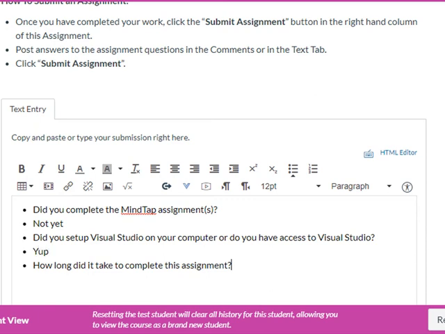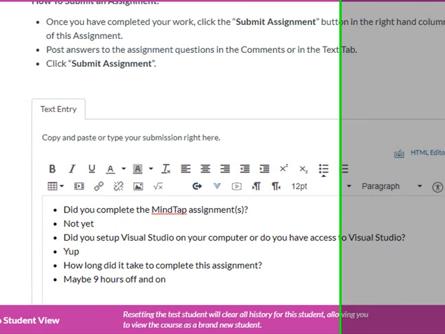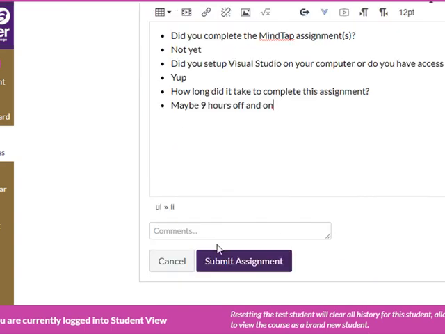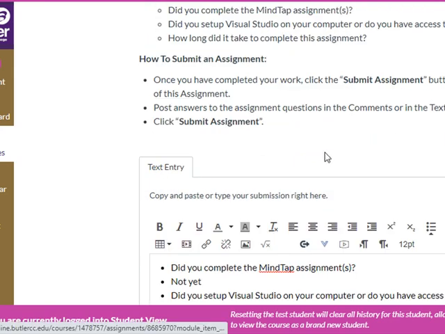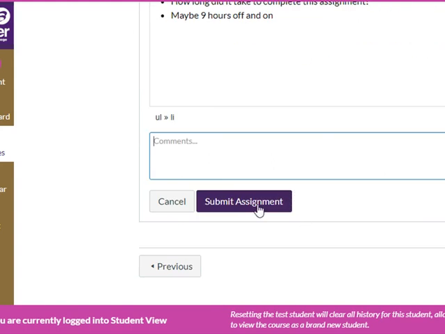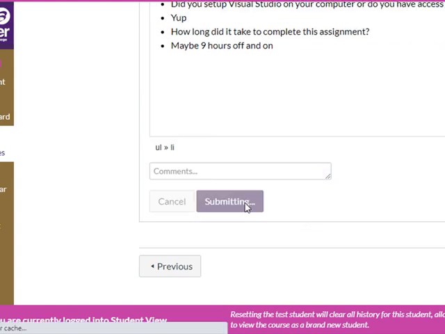How long did it take to complete this assignment? If you're new to coding, it may have taken several hours. So, maybe... Okay. And then I click. So I could have done the same thing. I could have put all this in comments, but since there was a text tab available for me, I used that. So if that's everything, I can click submit assignment,